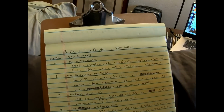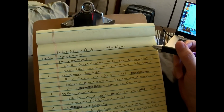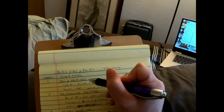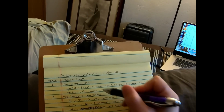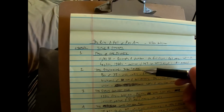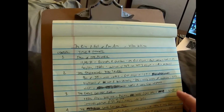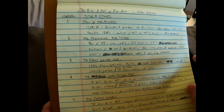Okay, so this is the outline for the Pan Am video. Each video starts with a handwritten outline like this, and it takes a long time to figure out where to start, but I'm going to start at the end, as is often true. The beginning, Juan Trippe, and then the Golden Age, early and late, 747 Gamble, Empire in Decline, Lockerbie, of course,